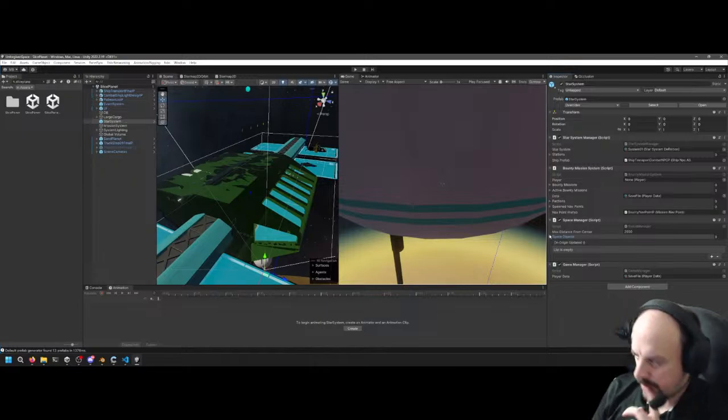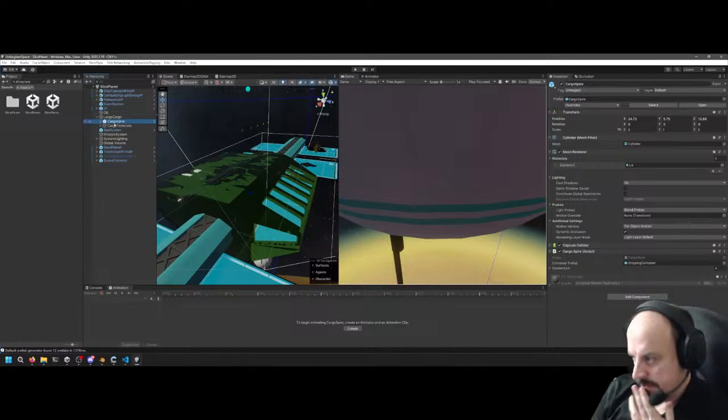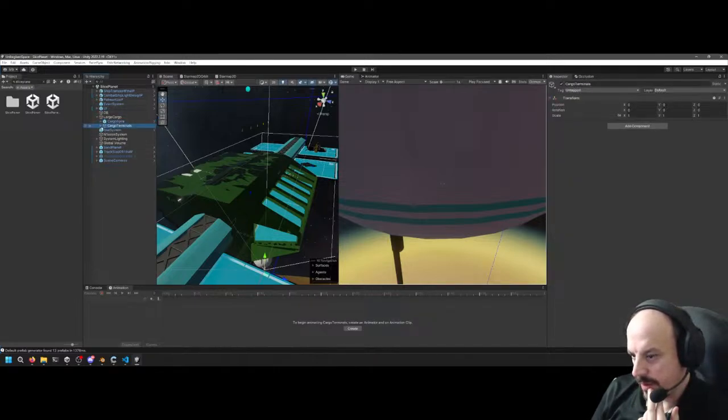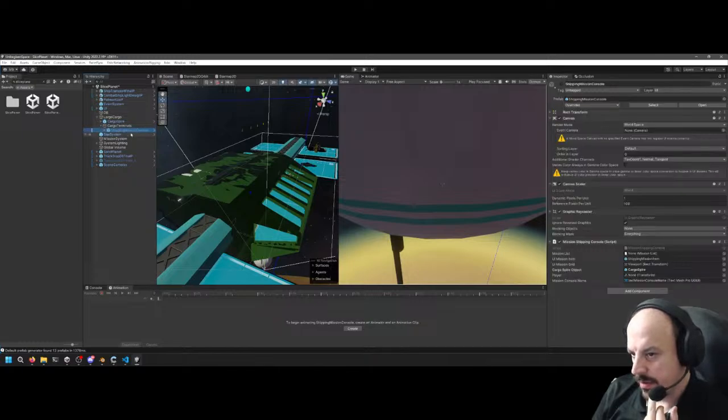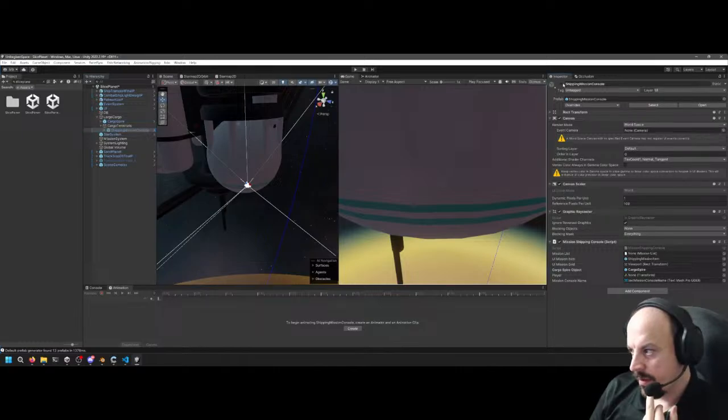Base Manager. Yeah, I think the cargo terminals could probably go. I don't think we're actually even using this mission console for anything.